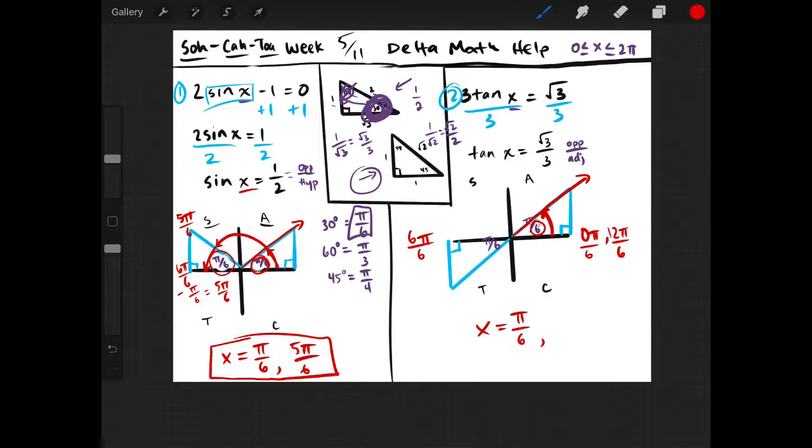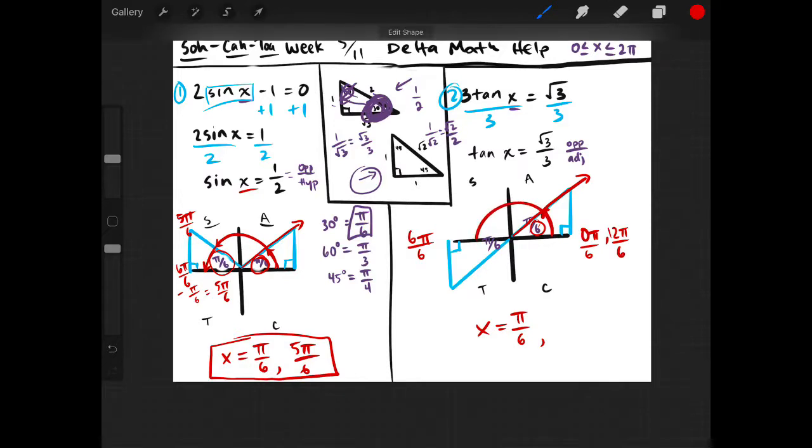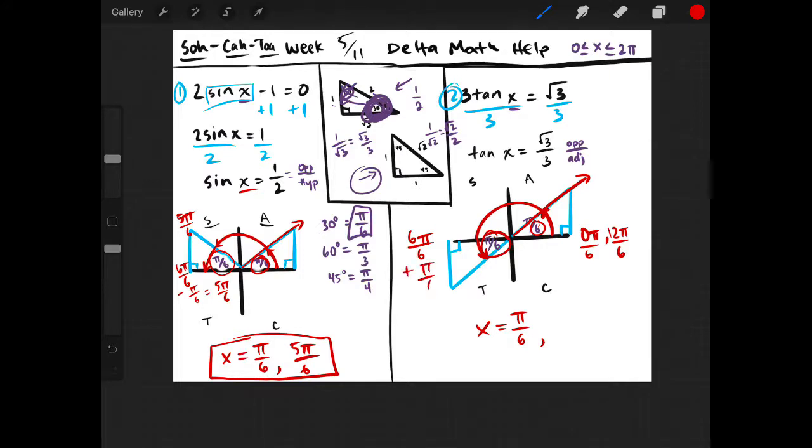For this one in the third quadrant, now we go all the way around. We get halfway around, which is 6 pi over 6, but then, whoops, we go a little bit further. So we're doing 6 pi over 6 plus pi over 6 more, which is 7 pi over 6. And those would be your two angles that give you tangent is root 3 over 3. Those are a couple of questions to help you out as you go through these problems. I'm sorry they both ended up being